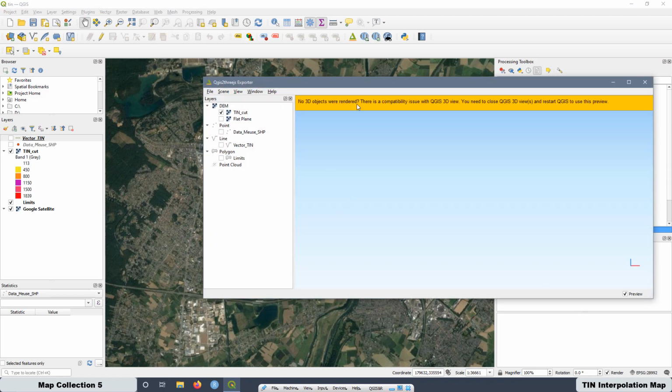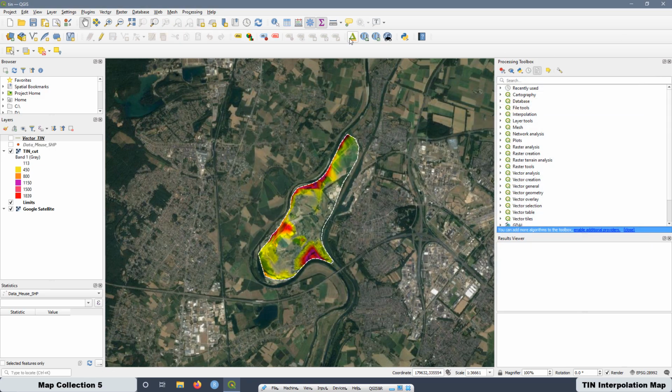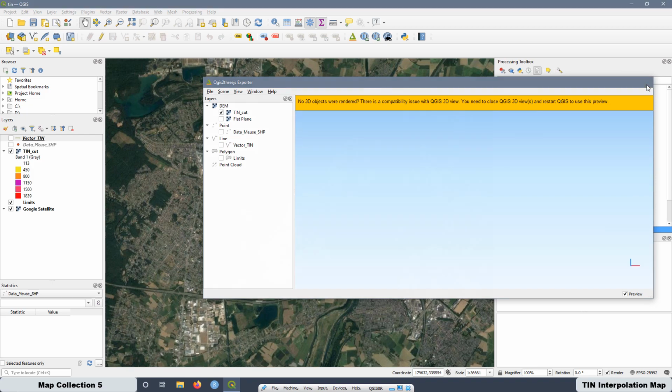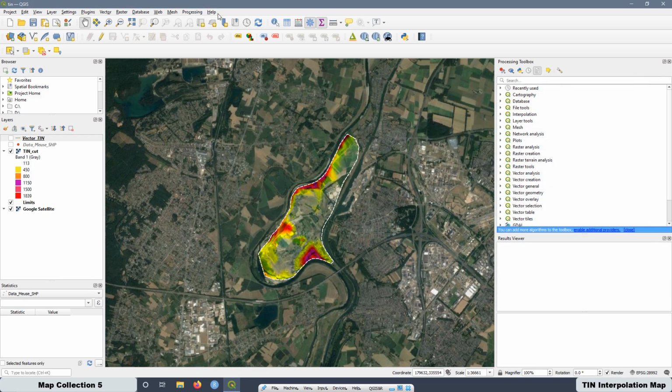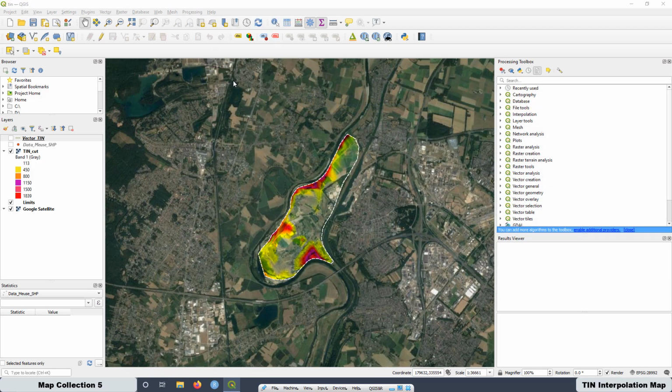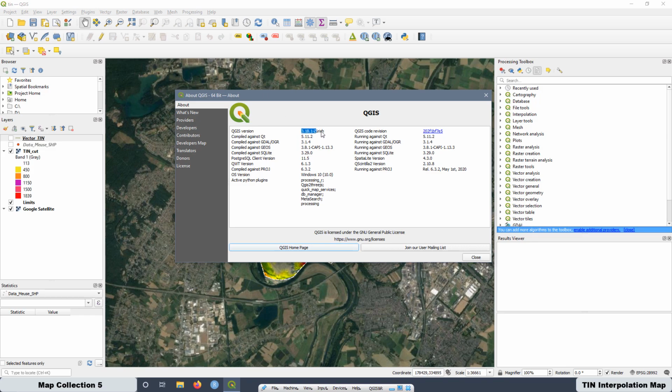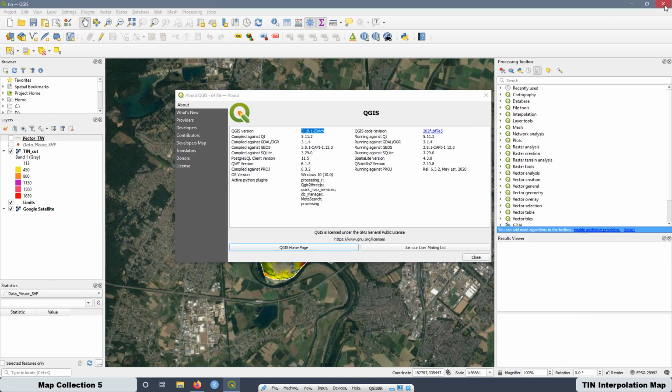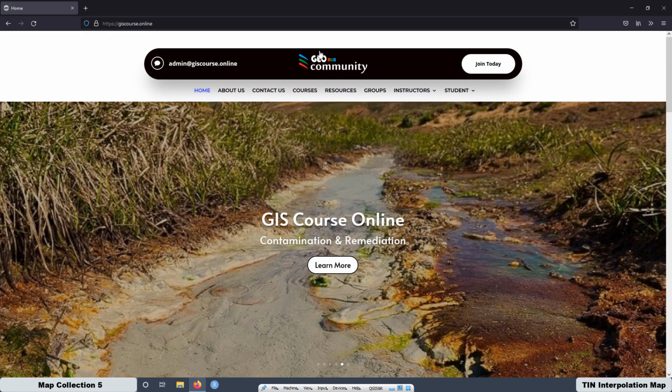Looks like this plugin is not working with this version of QGIS. I'm going to show you what this version is. Help. We are using this version, and it looks like the plugin is not compatible with it. Okay, then what I am going to do is close this one, and I'm going to install the new version